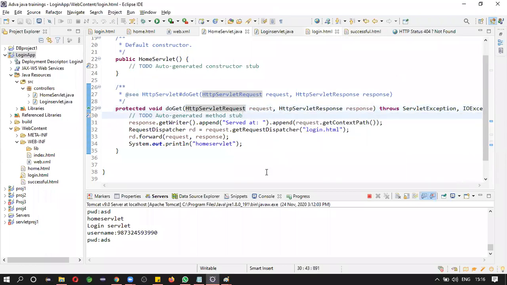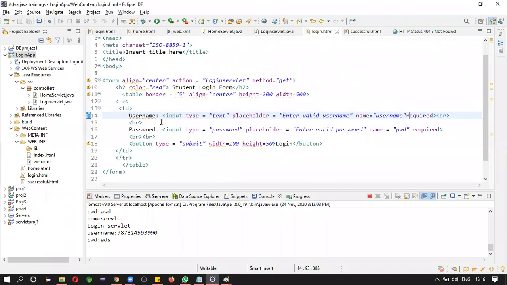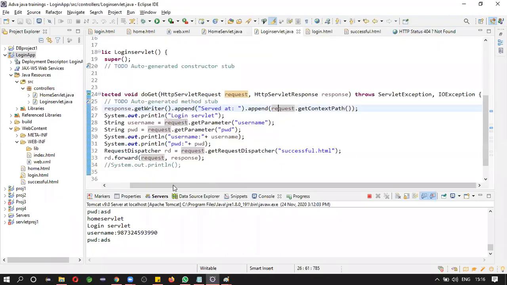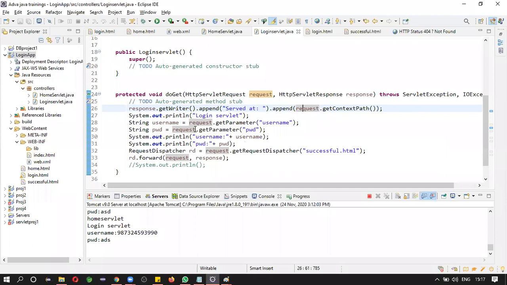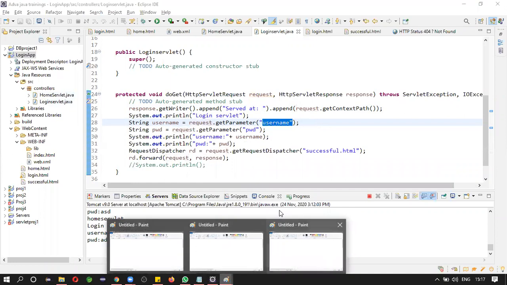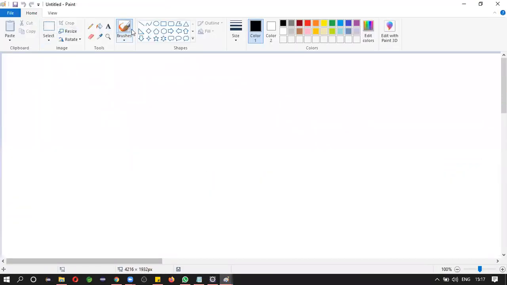See, this is not actually logic for login. Okay, this is not at all a logic, right? So here you may perform some validations. Okay, you cannot simply accept the username and password like this. You need to perform some validation on username and password. Okay, that can be done using Java only. Okay, you may write one method. See, for that you may see some other classes. Okay, so I will explain that later if time permits.